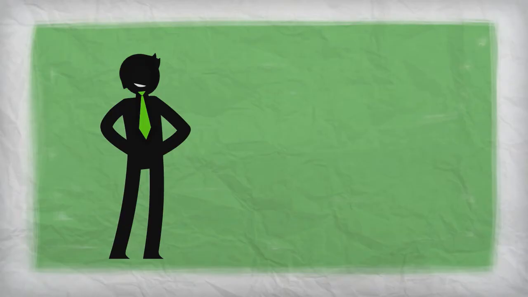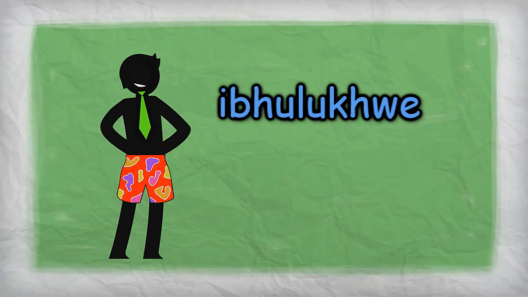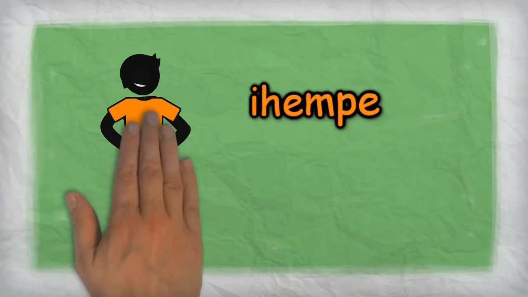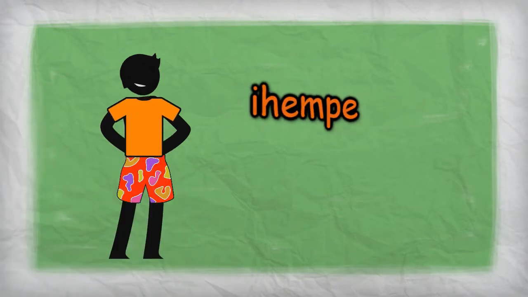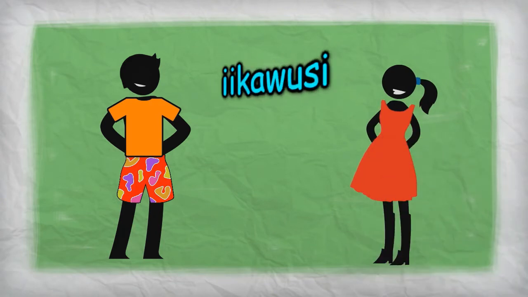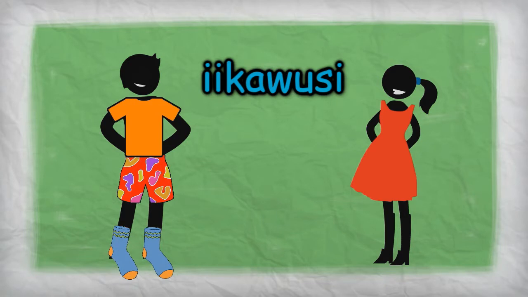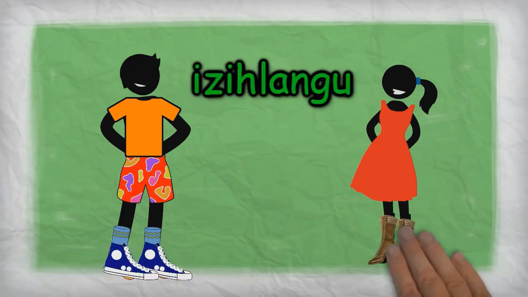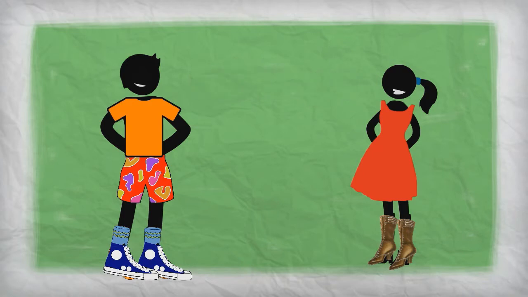So, we have ibhulukhwe, ihempe, ilokhwe, ikawusi, and izihlangu. And now you know the words for